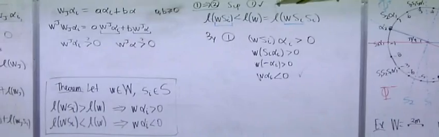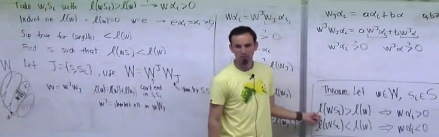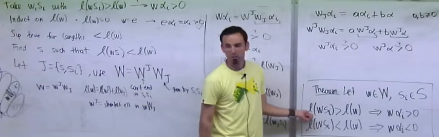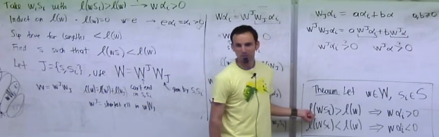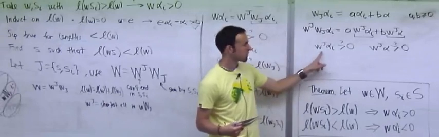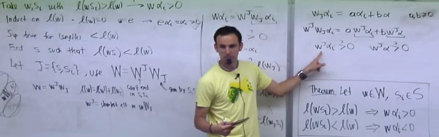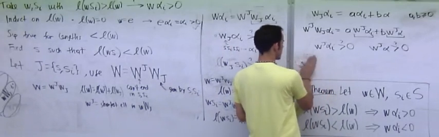Okay. How would I prove something like that? Well, the way I would know something like that is by translating it into this length statement, if I knew that this theorem were true. Now, do I know if this theorem is true for W super j? Well, actually I do, because I'm doing an induction proof. So I'm assuming that this statement is true for everything that's shorter than W. And so in particular, it's shorter for W super j. Okay. So by induction hypothesis,